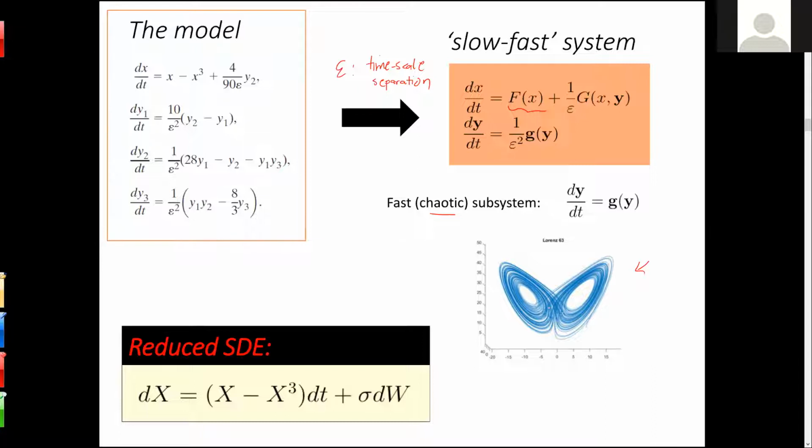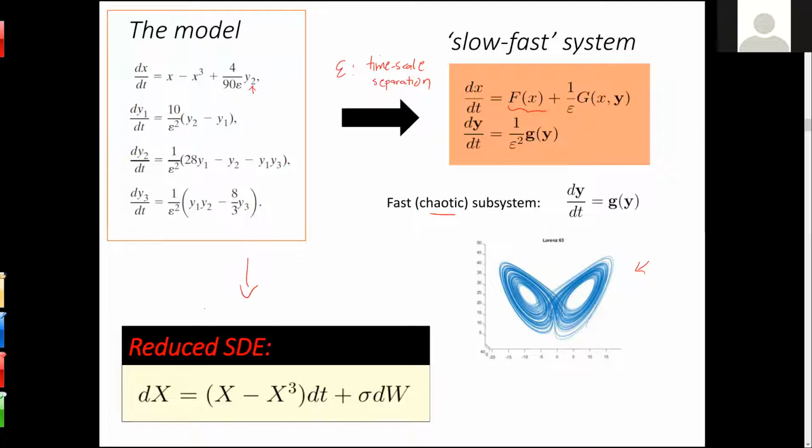Solution manifold for the attractor. Okay, so that is a chaotic system, and it affects the evolution of x through y2. But y2 is coupled with y1 and y3. So technically, all of the variables y affect the evolution of x. We will show that